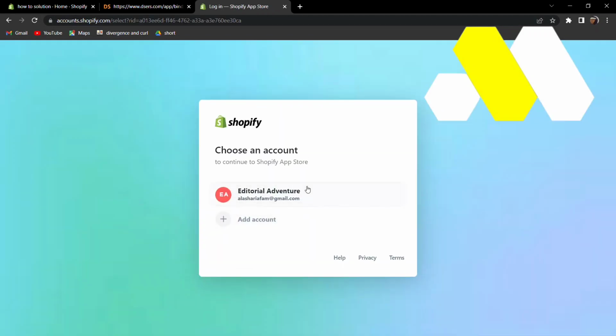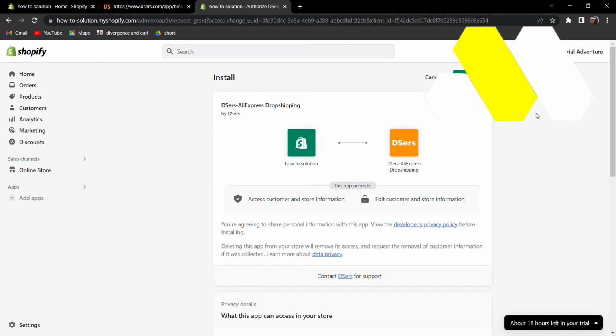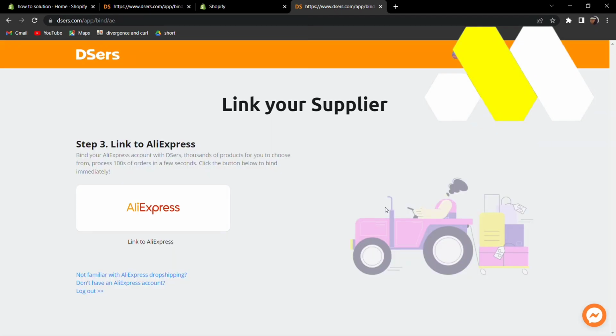After that, it's gonna ask you to log into the account in which you're connected your Shopify with, so click on that and then say yes. After that, we're gonna click on Install App, and then we're gonna start with the basic for now, and then it says link to AliExpress, so you click on that